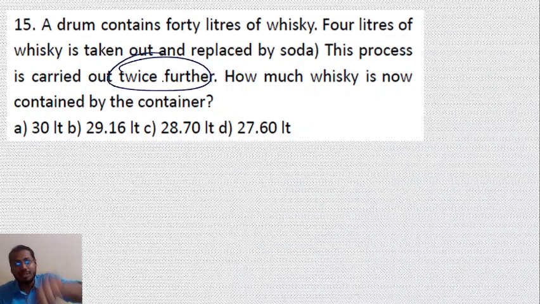Already one time and then twice, so 3 times it happened. So 3 times I need to change. I will not do that. So better we use the formula for getting the answer. There is a formula given for the repeated process. That is